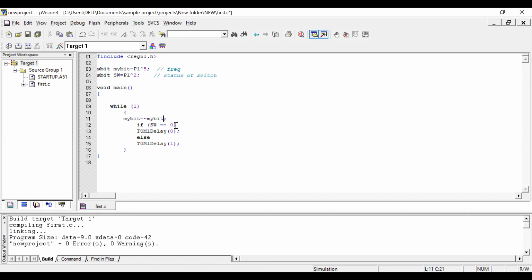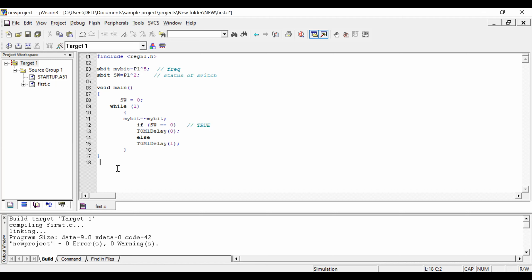If the switch is 0, if manually I put the switch equal to 0, my condition is switch is 0 now. I'm checking the condition. If the switch is equal to 0, the condition is true. The condition is true, so this particular delay is executed.